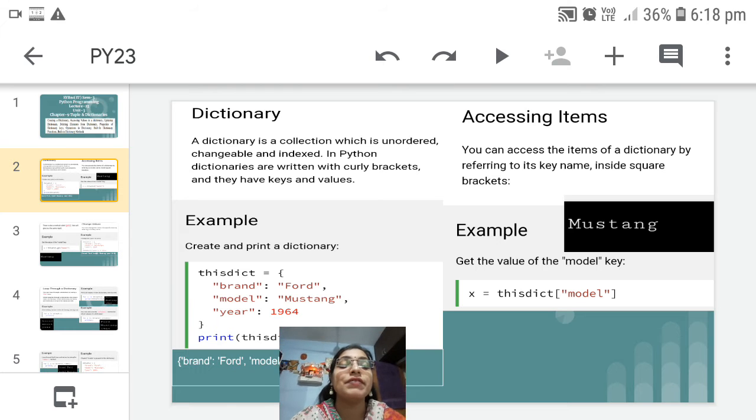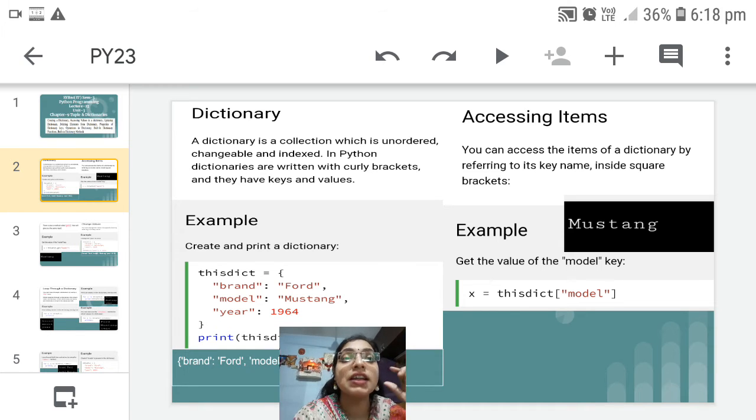So basically we have seen the list topic. To create a list we make use of square brackets. After that we learned tuple, how to create a tuple. To create a tuple we make use of round brackets. Similarly, in the case of a dictionary, if you want to create a dictionary, we will make use of curly brackets. Okay, and unlike list and tuple, it's not just the elements which we add with the help of commas. No, a dictionary is nothing but a key and value pair.